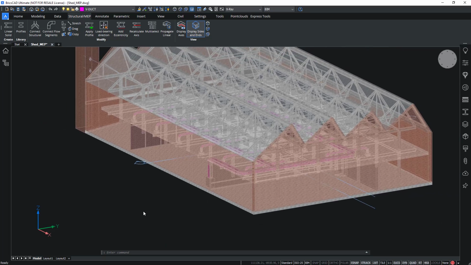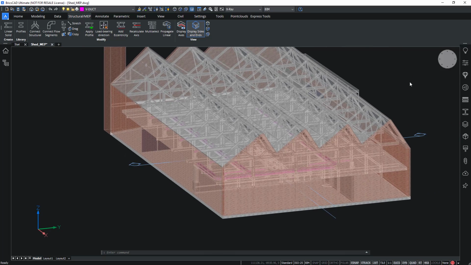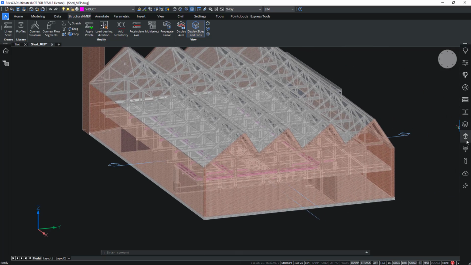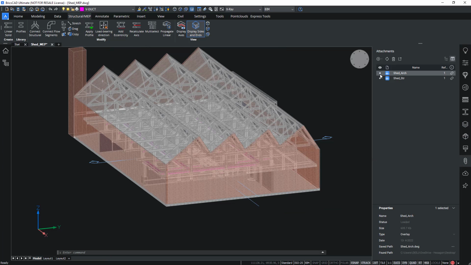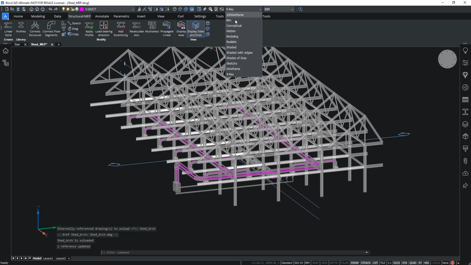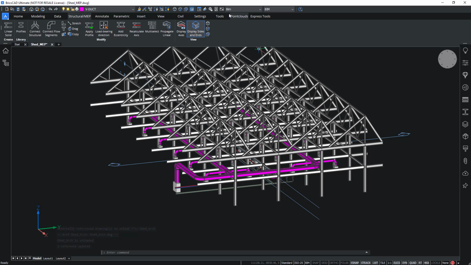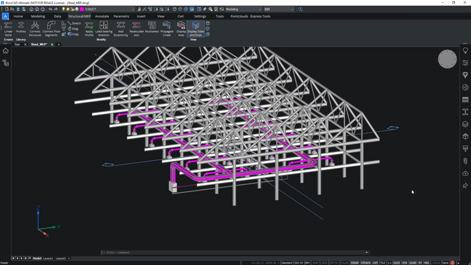Alright, so that's done. Let me turn off my architectural model so I can see a bit more clearly what's going on. Like this. Let's go back to BIM, or let's say modeling visual style.